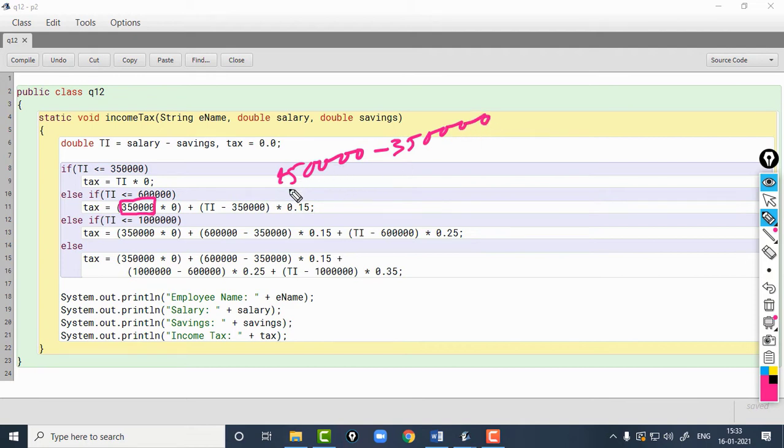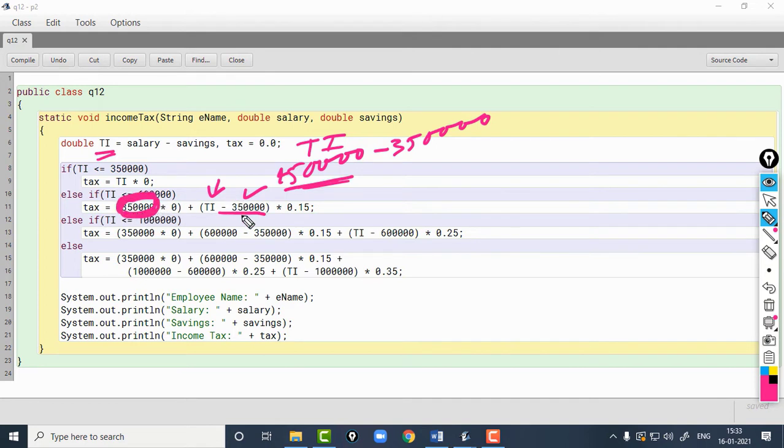This 4,50,000 is the taxable income; I just assumed a value of 4,50,000. That is why here we need to write TI, which is storing the taxable income. Taxable income TI minus 3,50,000, because we have already calculated the tax for that slab.